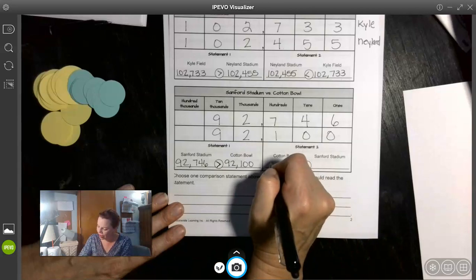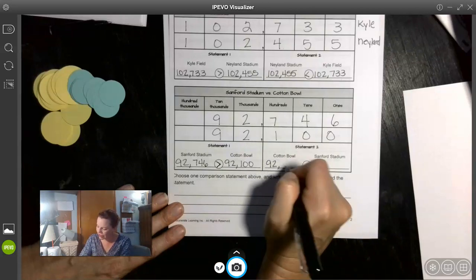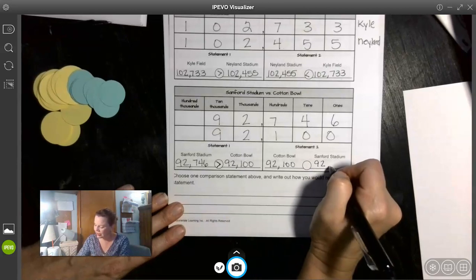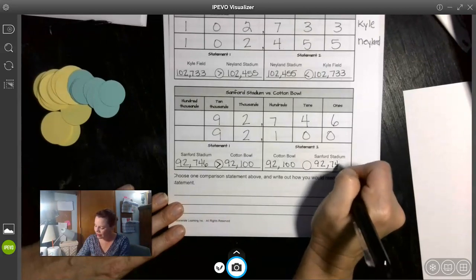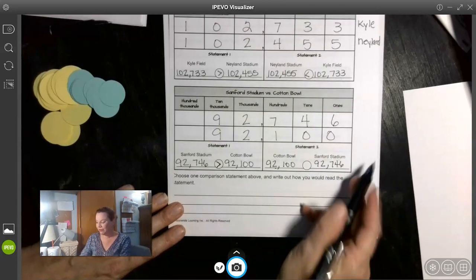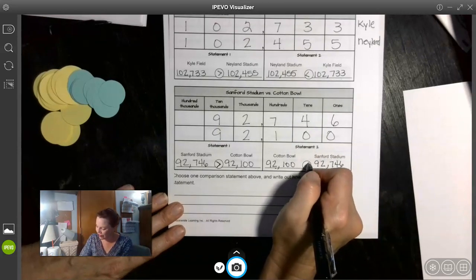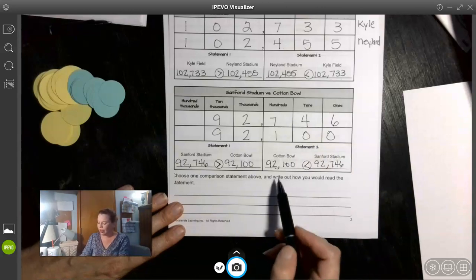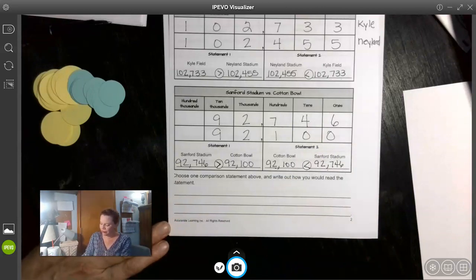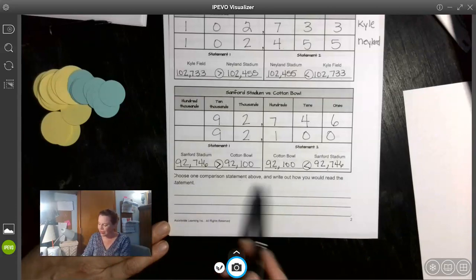All right, that's right. They want the Cotton Bowl first now. And Sanford Stadium second. All right, so Cotton Bowl is less than Sanford, so I need to draw it this way. So Cotton Bowl is less than Sanford. All right, choose one comparison statement from above and